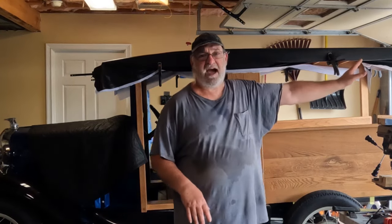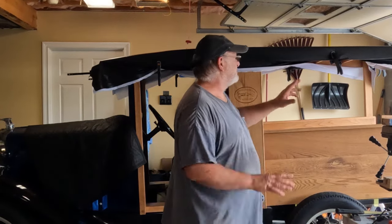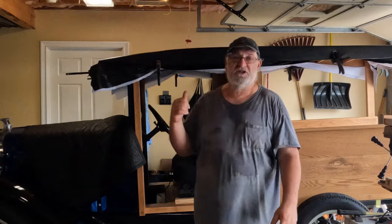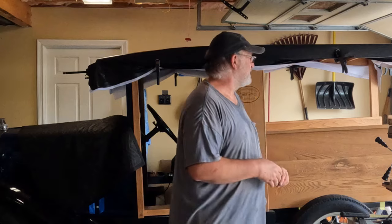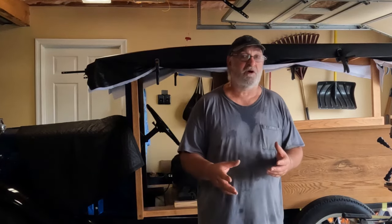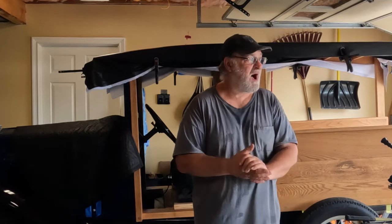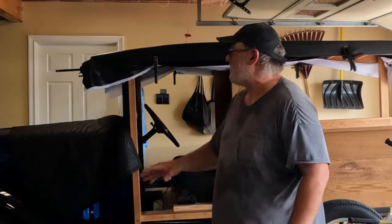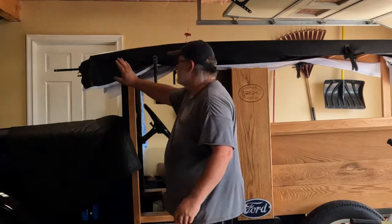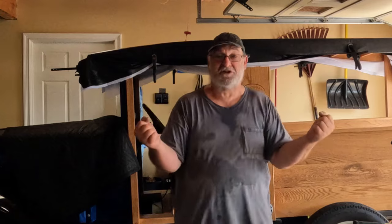Today I've had this thing sitting out in the sun for 4 hours baking to get the roof to start to lie flat. Our intention is to install the roof today. We also installed a headliner in this, which is really cool. We used an indoor-outdoor denim fabric. We're going to give you a full video on that and how things are progressing, but it's looking really sharp. Actually, we've got corbels on the corners here and here. You can't see them because I've been stretching out the roof, but I'm really excited to get this car on